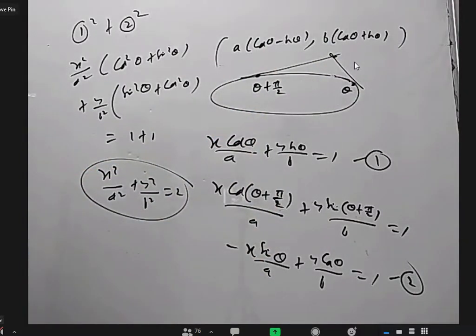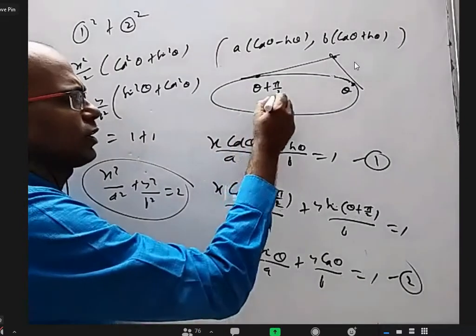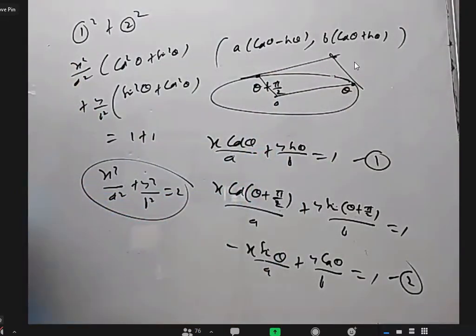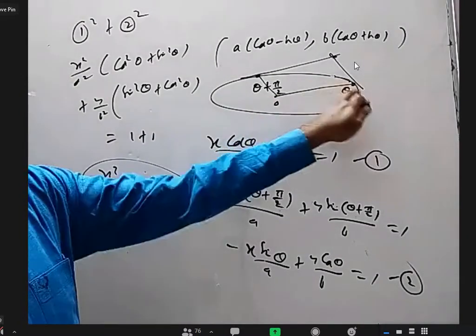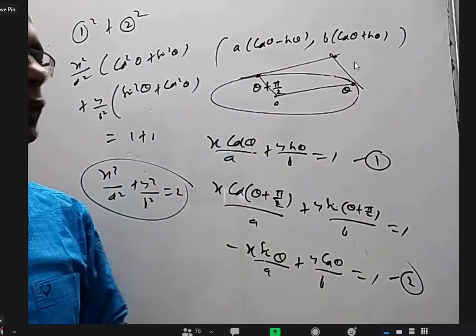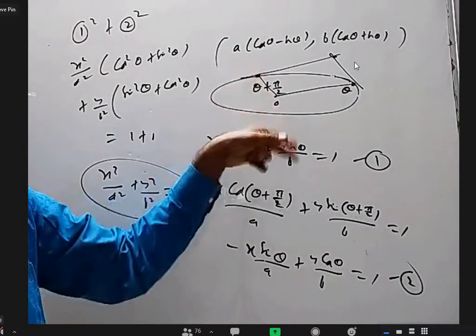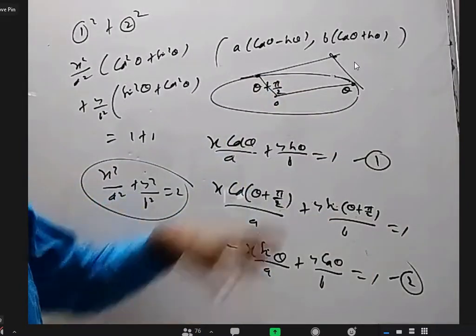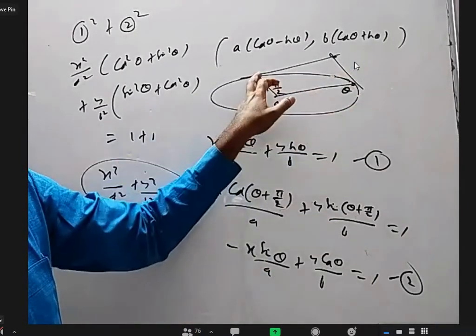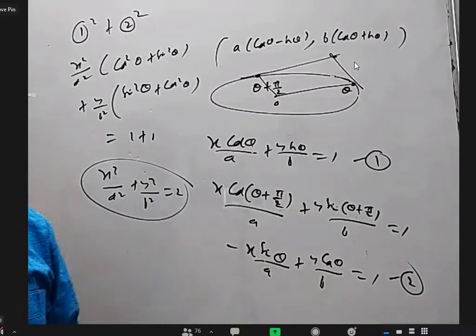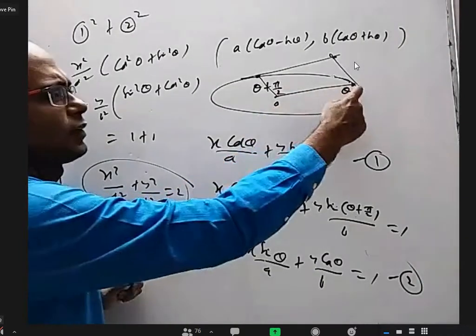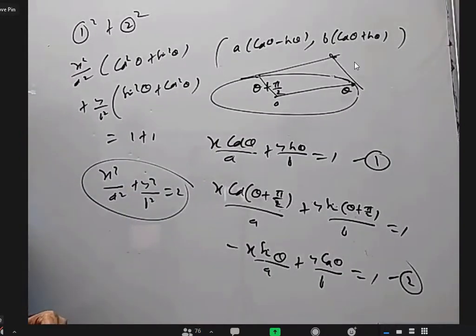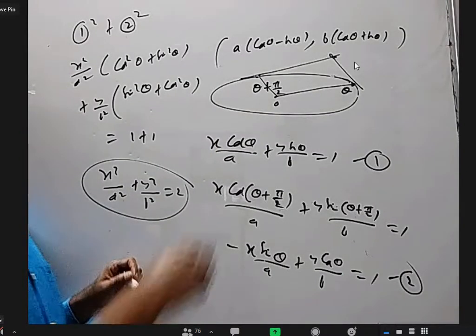Okay. In fact, if you join origin, it is forming a parallelogram. You take origin, this point, and this point, they are forming a parallelogram. Why? Because if you join these two, that slope happen to be parallel to the slope of the tangent here and equal to. Similarly, if you take this and this slope, it happen to be same as slope of this tangent. That's why it's a parallelogram. So if it is a parallelogram, if I add these two, subtract this, I'll get this point, na? Yes. So you'll get this.